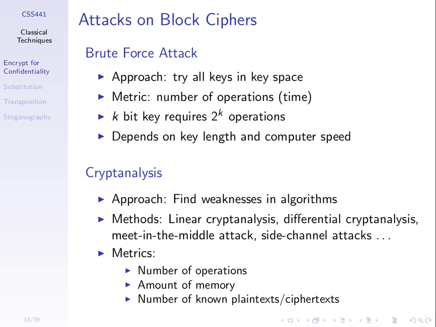And if we look at binary keys, keys made up of a set of bits, if we say that there's a k-bit key, then it requires 2 to the power of k operations to try all possible keys, where the operations are encrypt or decrypt operations. That is, as the attacker, I try the first key and I decrypt with the first key. I get a plaintext.